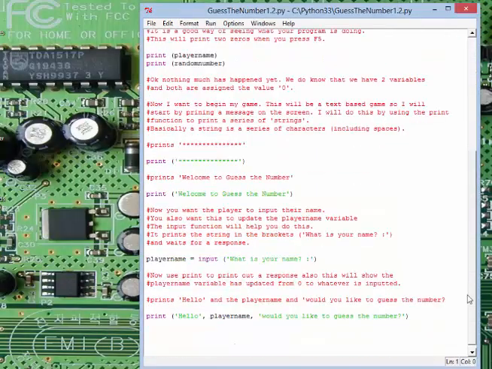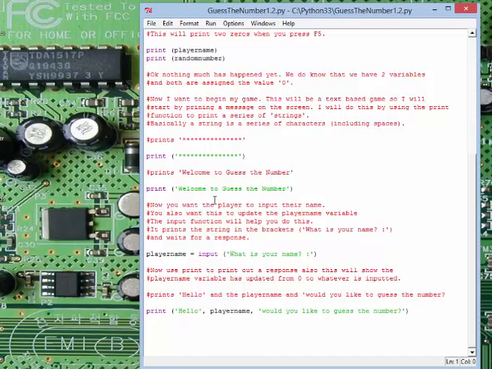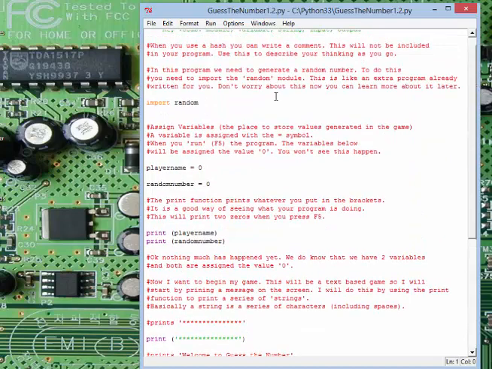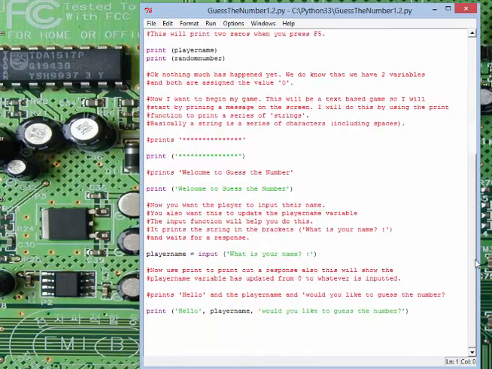Okay, so I've started my program, I've printed welcome to guess the number. Now I want to update my player name variable. Remember the variables we created at the start? I'm going to update that variable with the player's input. So the variable player name equals input tells it to update with the input, and now in the brackets